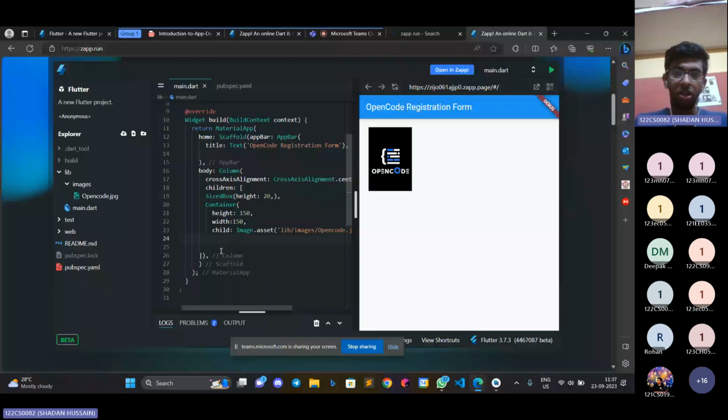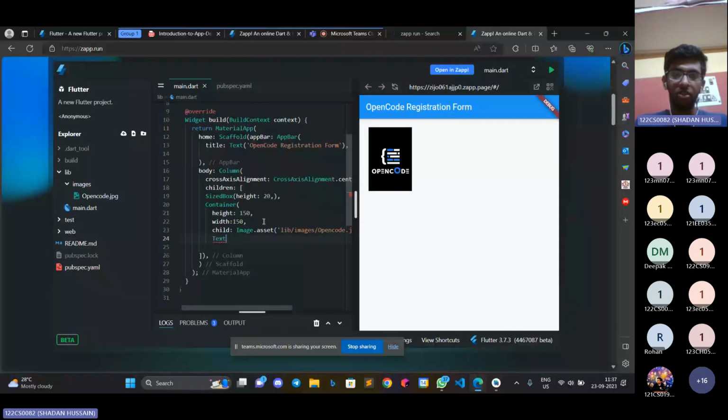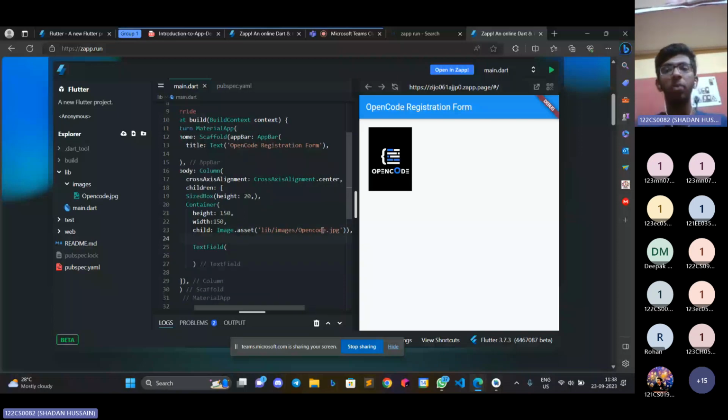After this, you can add a text field. देखो यहाँ पे हम लोग क्या बना रहे थे, ऐसा कुछ, तो इसमें एक तो टेक्स्ट फील्ड है, यहाँ पे आप कुछ भी नाम लिख सकते हो, तो एक टेक्स्ट फील्ड डालना होगा। टेक्स्ट फील्ड के अंदर क्या आएगा, पहले तो एक साइज बॉक्स डालो। साइज बॉक्स क्या करता है समझ में आया सबको? साइज बॉक्स बेसिकली एक एम्प्टी बॉक्स है, जो कि आपको कंटेनर या विजेट्स को स्पेसिंग में हेल्प करता है।